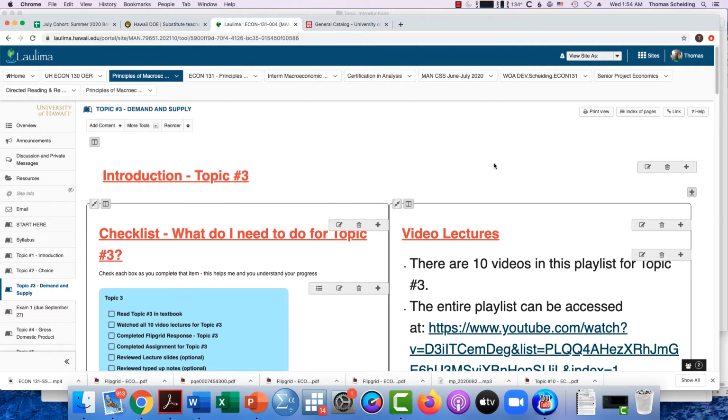Now, this topic deals with demand and supply, and it's probably among the most memorable topics after this course is done. At least most people even just remember the phrase of demand and supply. This is probably the more difficult chapter before the exam. It kind of represents the culmination of the first part of this course, and